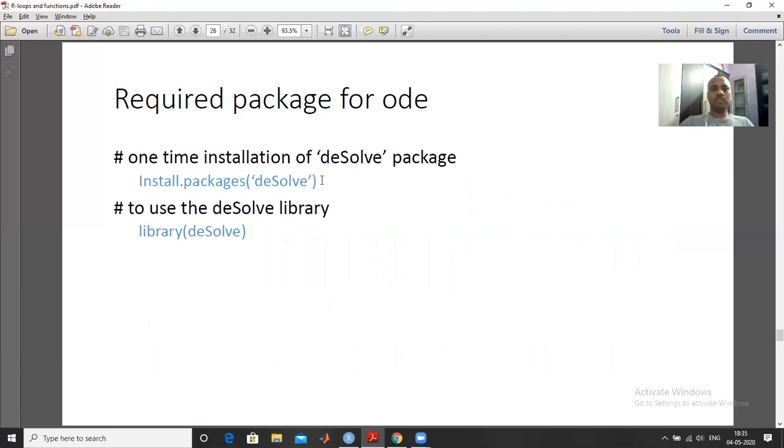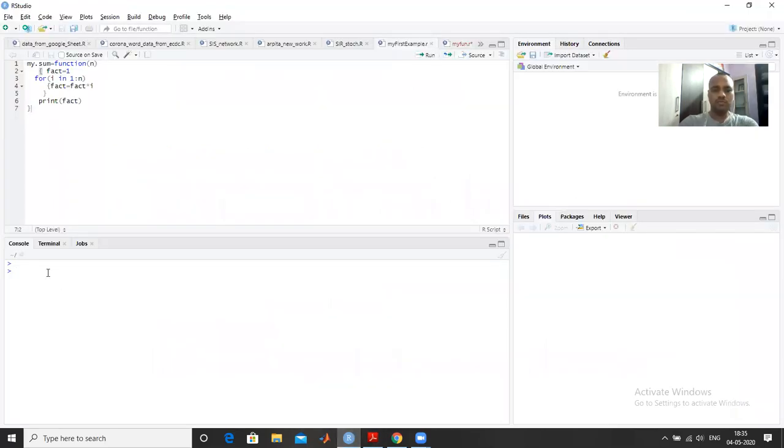So just copy this line, or you can install it from here. If you go to install.packages, then deSolve. This is already installed on my system, so it will ask to update it. I am not updating it here. Just press enter, then it will install.